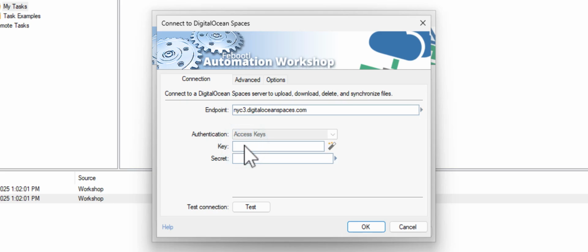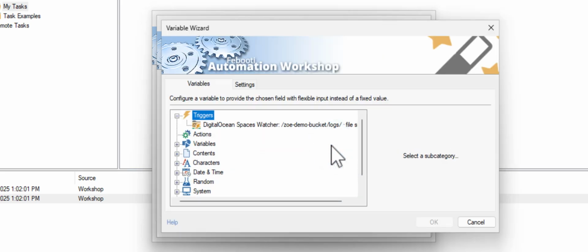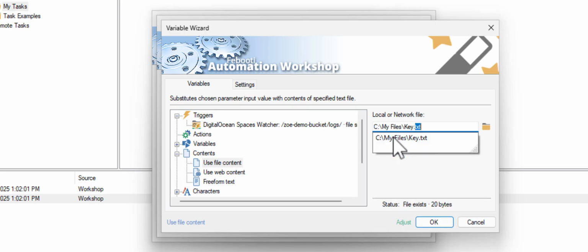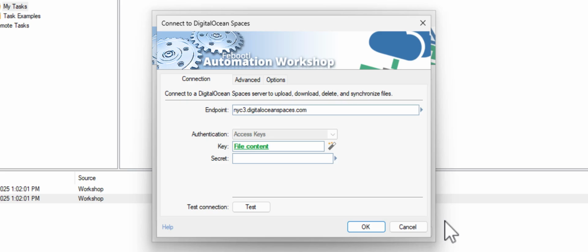These could be typed directly here, but since I want to reuse them across multiple tasks, I've stored them in the file system. Using the Variable Wizard, I select Use File Content and point to the file that contains the credentials. The values are loaded automatically.